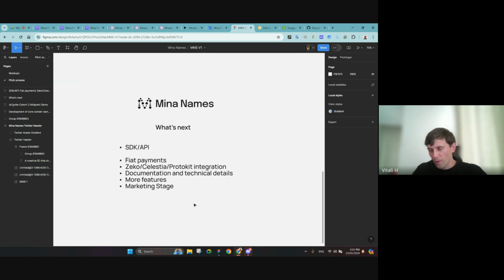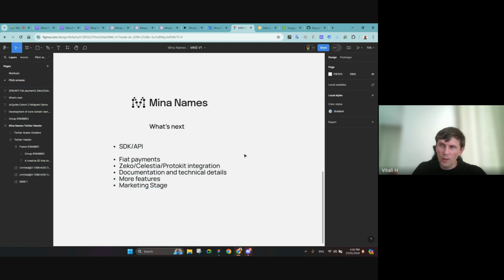For example, if thousands of users come and buy all of these domains at once, we can process that. We made a lot of tests, and that was a really big focus, to make sure that we can process many names.